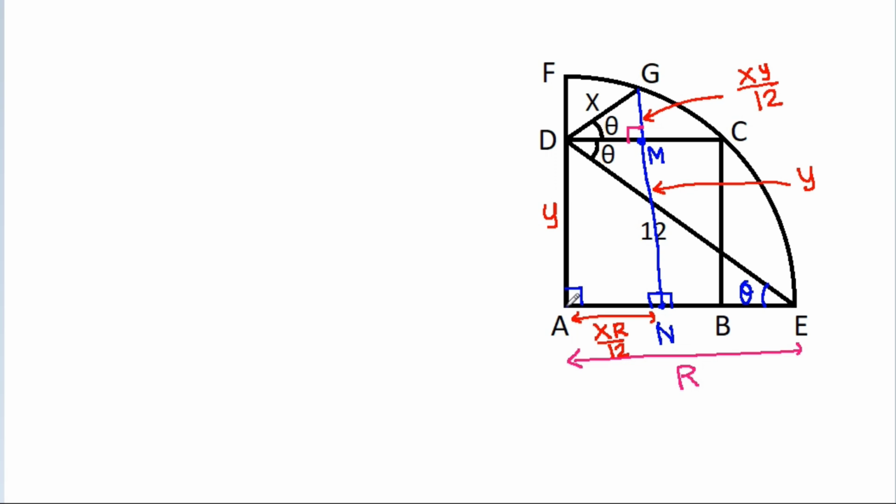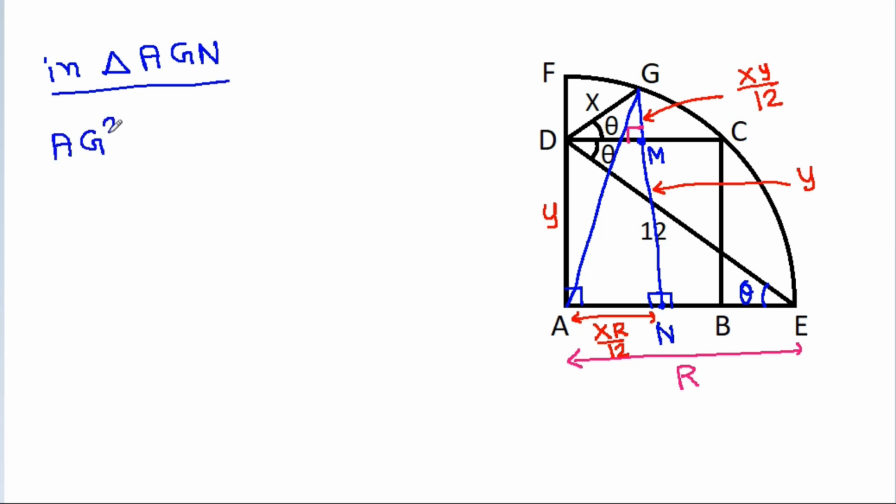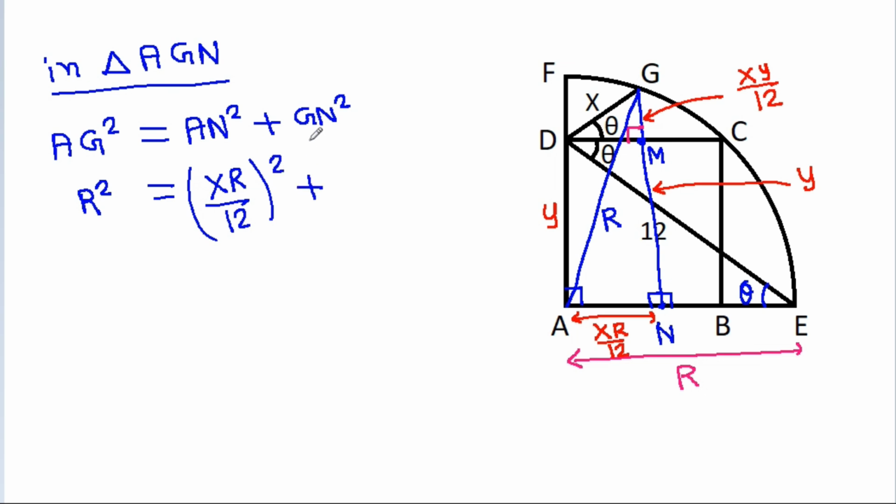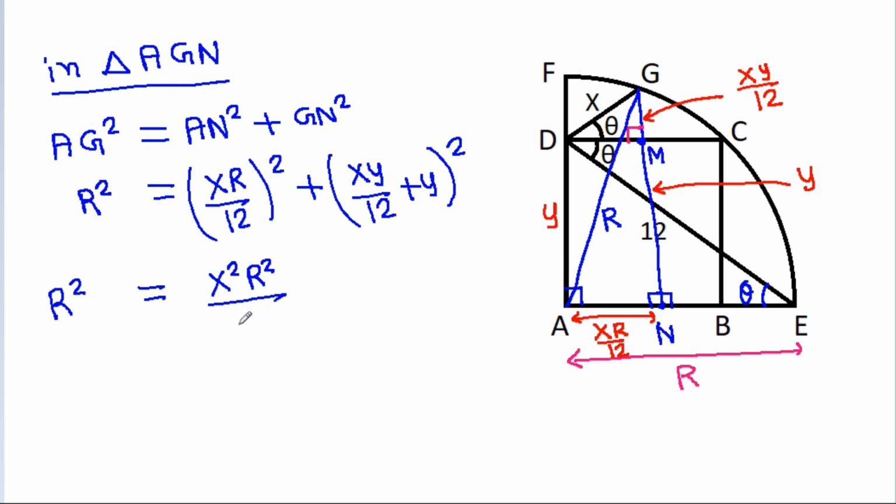Now if we join AG, then in triangle AGN, AG square, it will be equal to AN square plus GN square, and AG is radius, so it is R square is equal to AN is XR by 12 square plus GN is XY by 12 plus Y square, and it is R square is equal to X square R square by 12 square plus, and it is Y square times X by 12 plus 1 square,